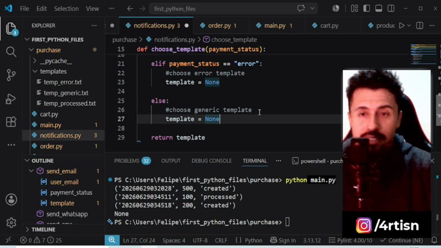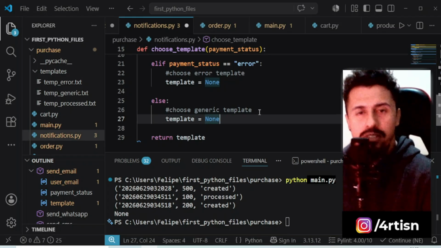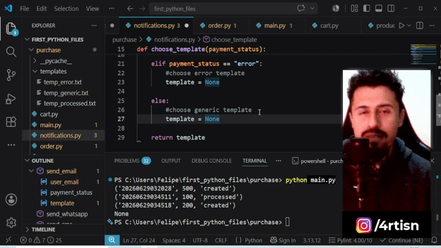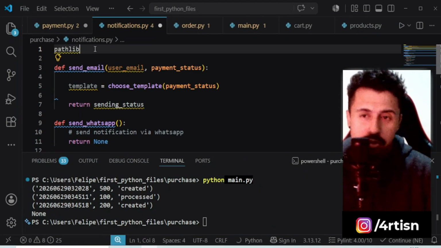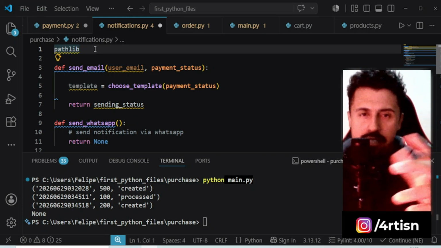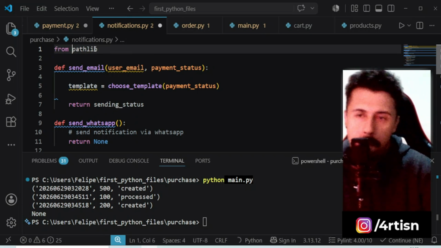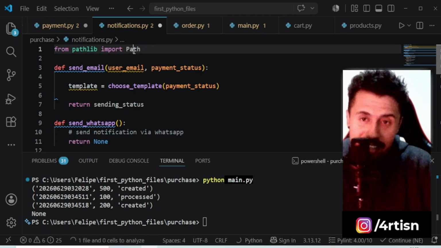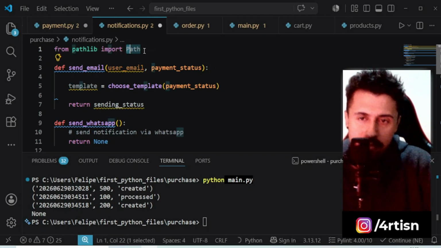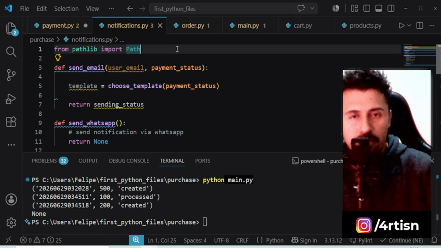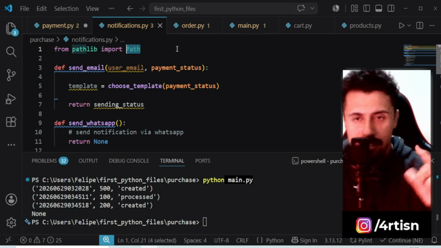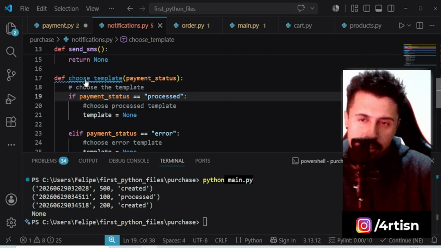So in order to do that, we are also going to use a built-in Python module, and this one is the pathlib. But as I told you before, some modules have a different pattern. So this is from pathlib, import Path, exactly like that, with the first letter being uppercase. Okay, when you study object-oriented programming, you're going to understand why this is like this. In our function choose template,